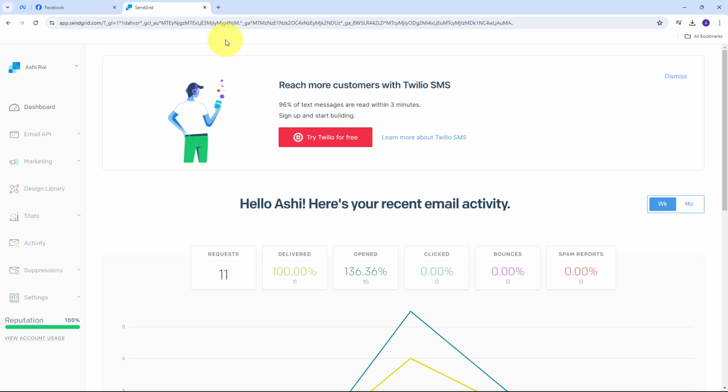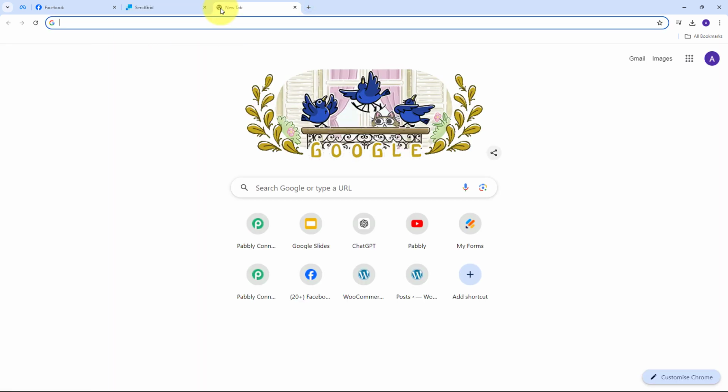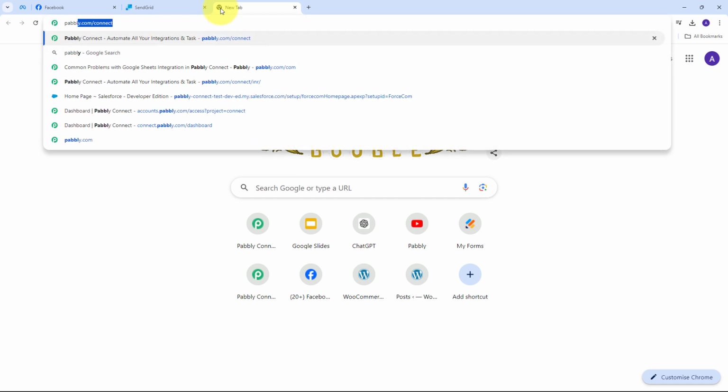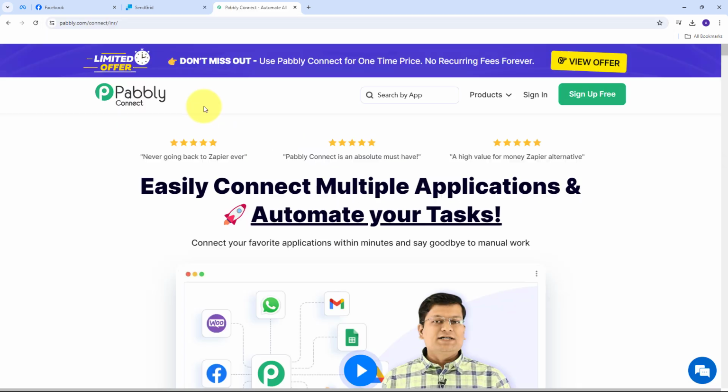So for that, I need to first open a new tab, and I need to use Pabbly Connect. So I'm going to search for pabbly.com/connect in my browser. And this will take us to this landing page of Pabbly Connect. Now here we have two options, sign in and sign up for free. If we don't have any account with Pabbly Connect, then we can just click on this sign up for free button, and this will take only 2 minutes of our time, and we will get 100 tasks free every month. Or if we already have an account, we can just sign in